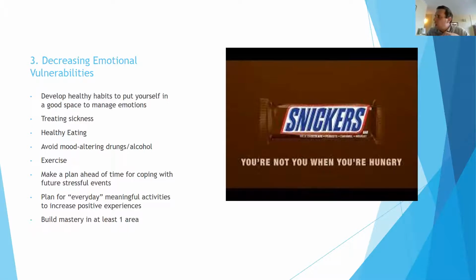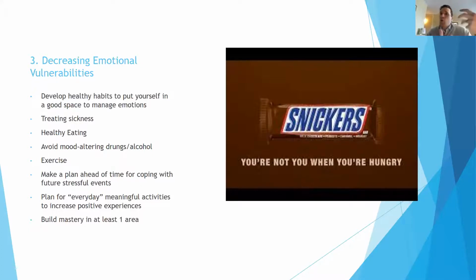One of them's in the car, and it says that you turn into a diva when you're hungry, right? And then here, eat a Snickers, and now they eat a Snickers, and now they're better, right? Well, there's something to that in the sense that sometimes we can get hangry, right? What's hangry? It's hungry and angry. Okay, so it's like a different level of angry, right? Because you're hungry and you're angry.